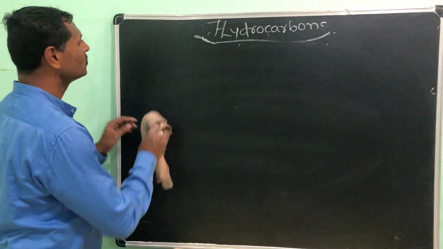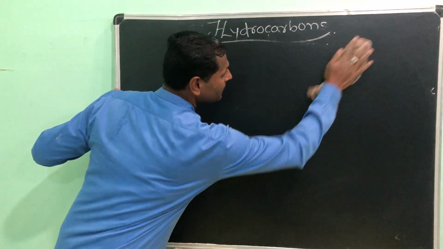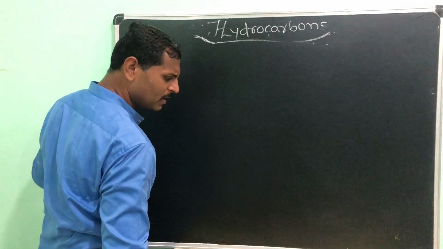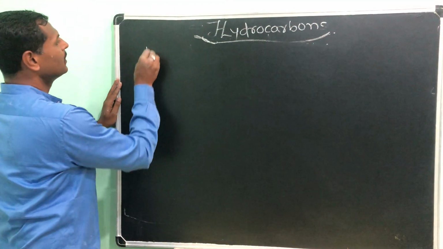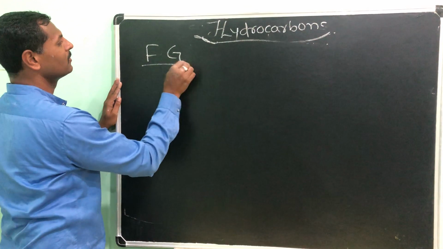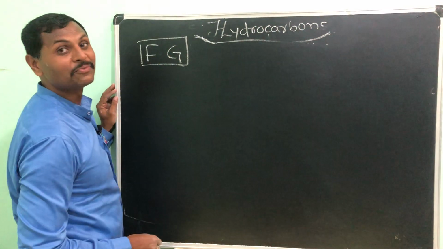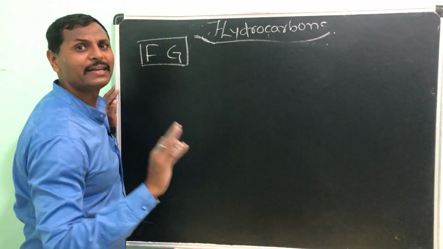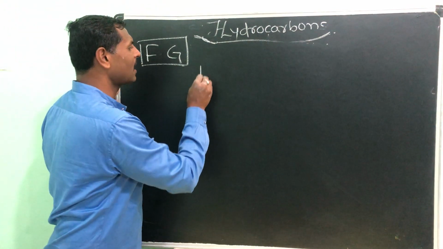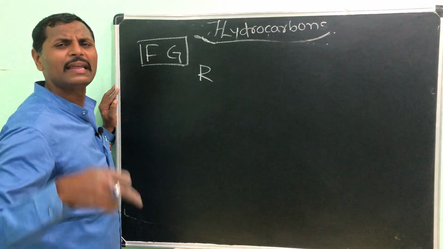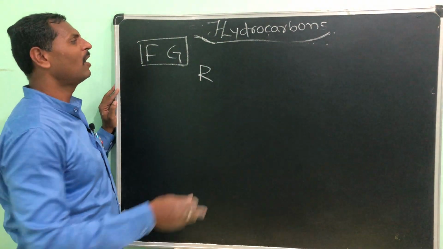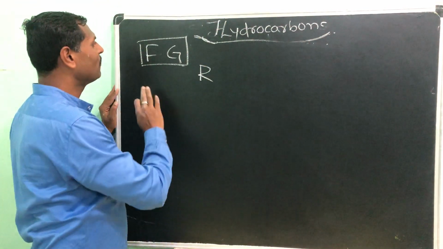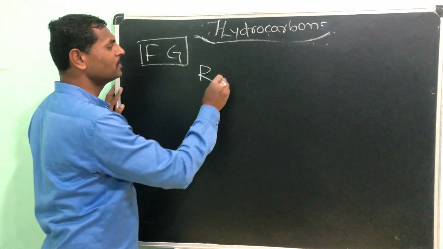Okay, so functional groups. What are functional groups? Functional groups are FG, I will write, not PUBG, it is FG, functional groups. All the hydrocarbons, I will take a symbol for that, that is R. That may be alkane, alkene, alkyne or aromatic. All the hydrocarbons, I will take the symbol as R only. And the functional groups, simply I will write some functional groups.